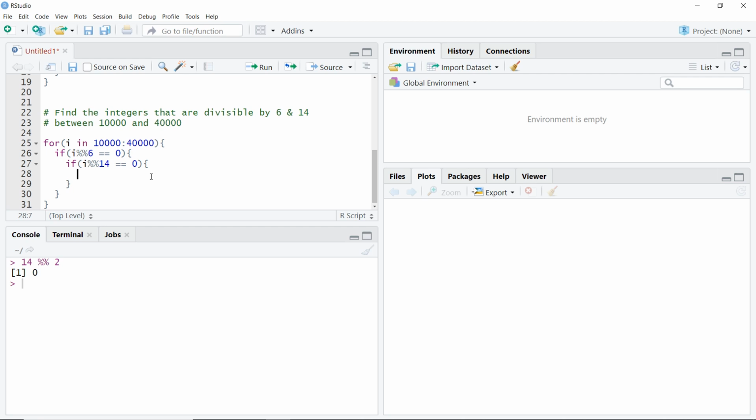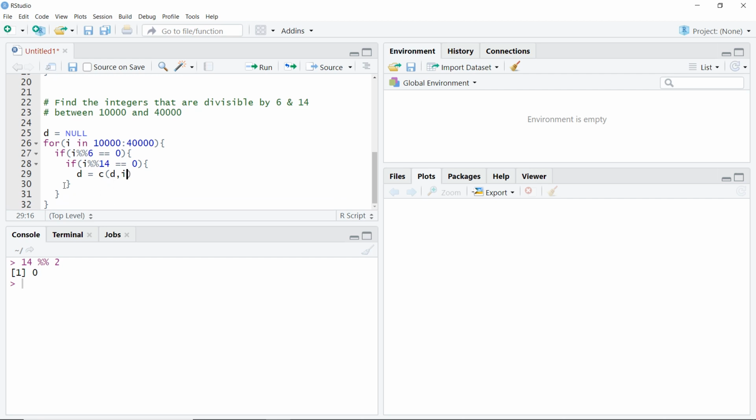So if the remainder is 0 when I divide by 6, and if the remainder is 0 when I divide by 14, then I would want that i. So I will make a vector here. I will just write d, and I want it to be NULL. And here I will take that my d must be equal to previously taken d, all the d values that we had, comma, then add this i value.